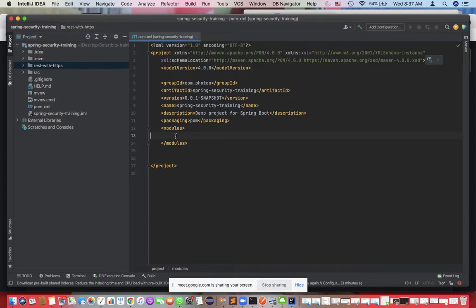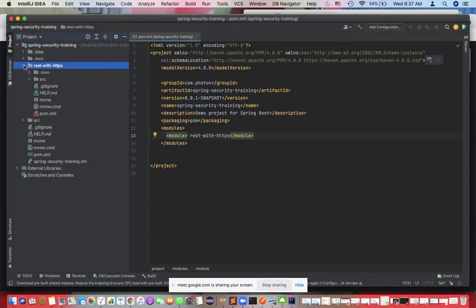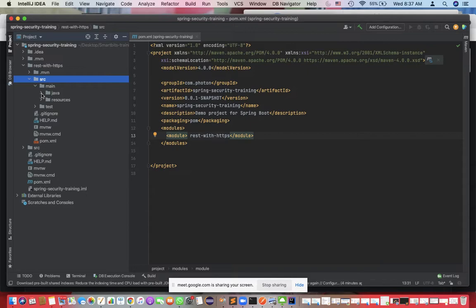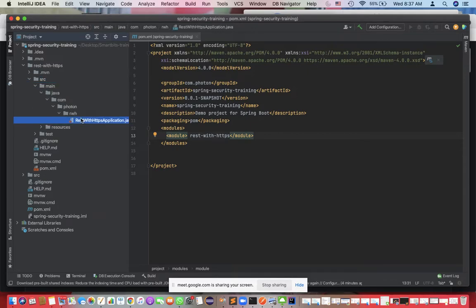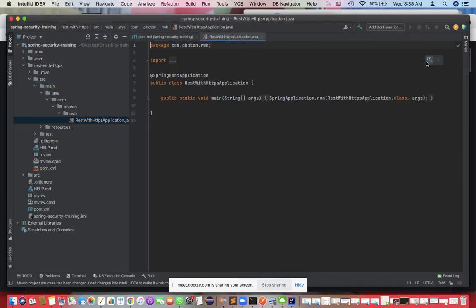Here I need to add that module, REST with HTTPS. And if I build this, it will be built.